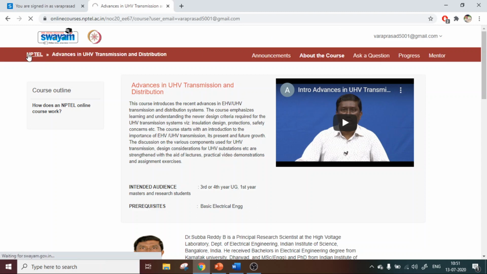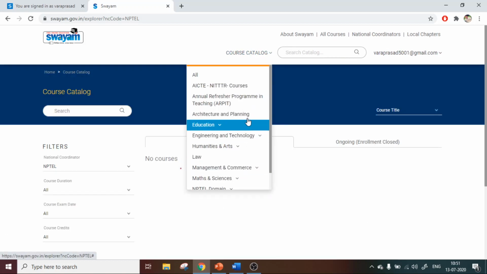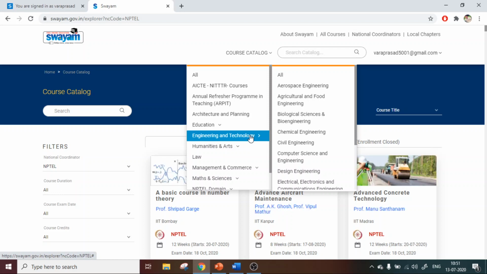Also, you can select one course or two courses. According to the instructions we have received, you need to select a minimum of 2 courses, and together the total should be a minimum of 16 weeks. So you can go for two 8-week courses, one 12-week and one 4-week, or one 12-week and one 8-week. Any combination is fine as long as the minimum total is 16 weeks. You can also go for 12 and 12, there is no problem.